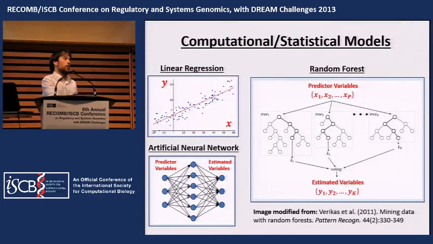For those of you who aren't familiar with this, all you really need to know for the sake of this talk is that it's a very powerful technique that is able to approximate arbitrary nonlinear relationships between a set of independent variables and a set of dependent variables. The way it does it is it uses the predictor variables in the training data set to stochastically develop many regression trees. And because these regression trees are stochastic, each one of them has some idea of what the dependent variable is, and they each get a vote. And you basically pool your estimation across all these distributed regression trees, and that is your predicted response.